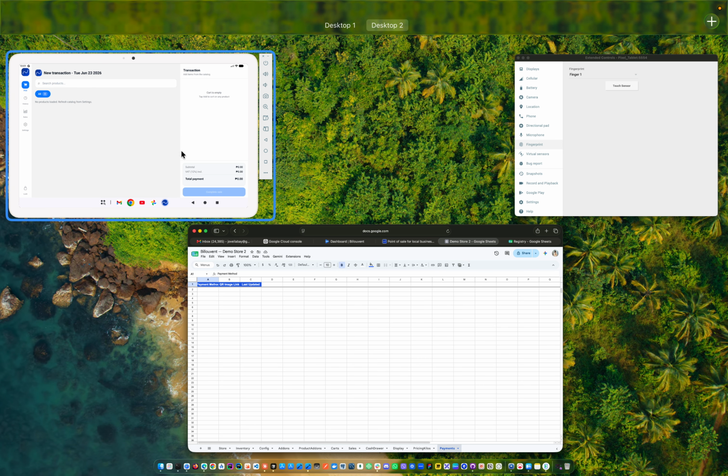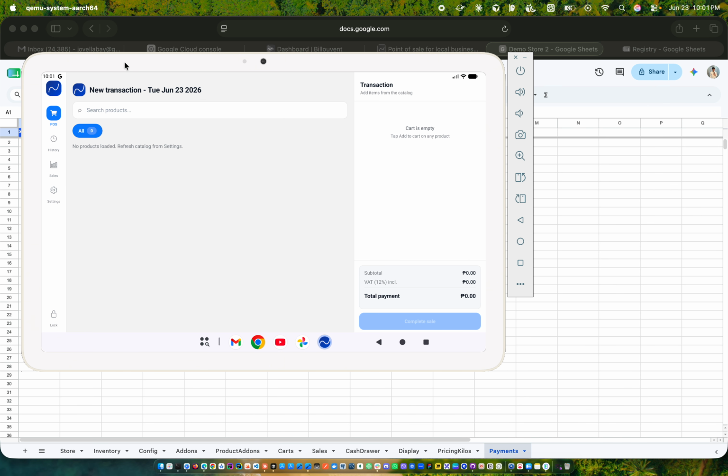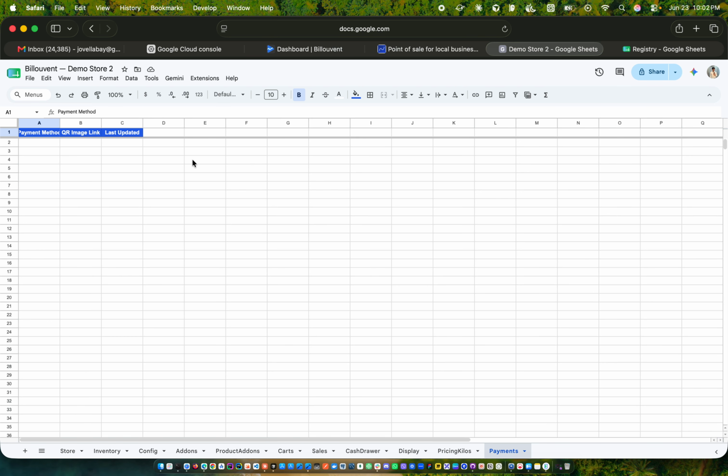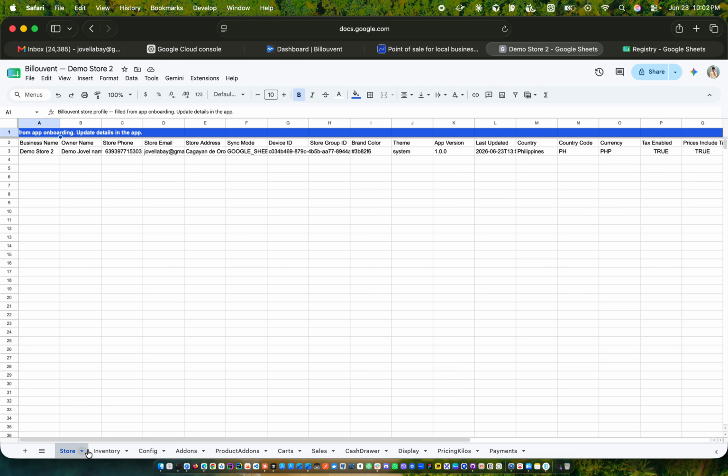So when the user or the owner does a transaction, adds inventory products, the transactions per day, the overall profits of the store, they will be stored in the Google Sheets here.